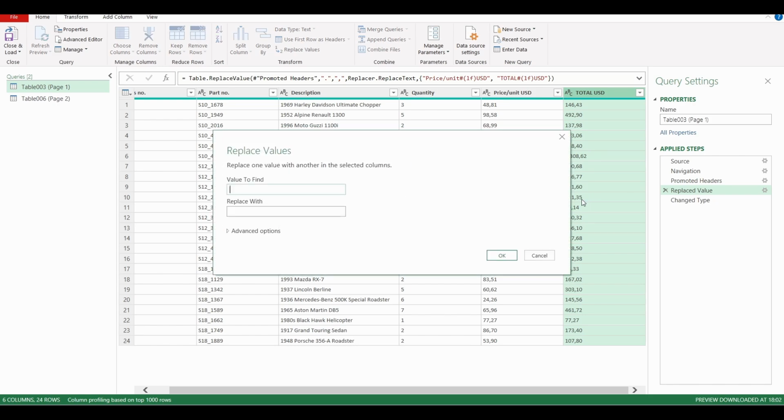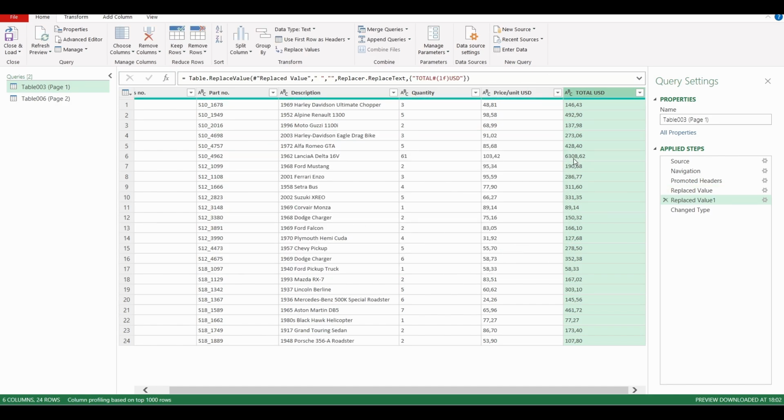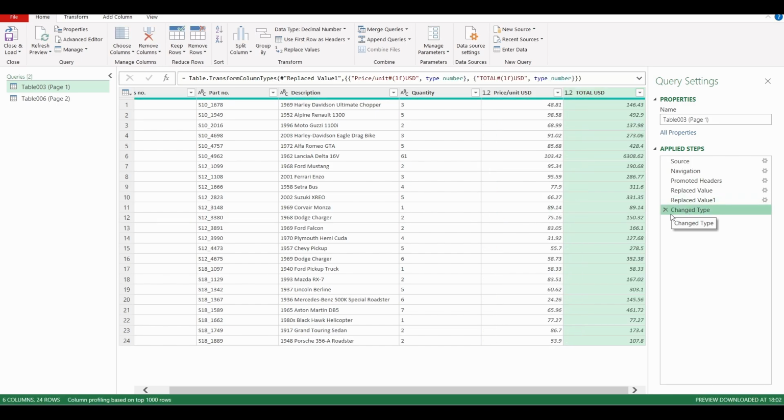So yes. And now I need to find the space and replace it with nothing. So now the space has disappeared. Now if I click on my last step that I've made, I have no errors because I have removed the